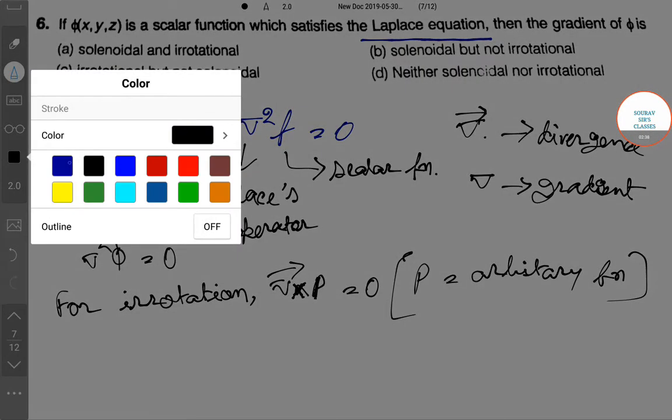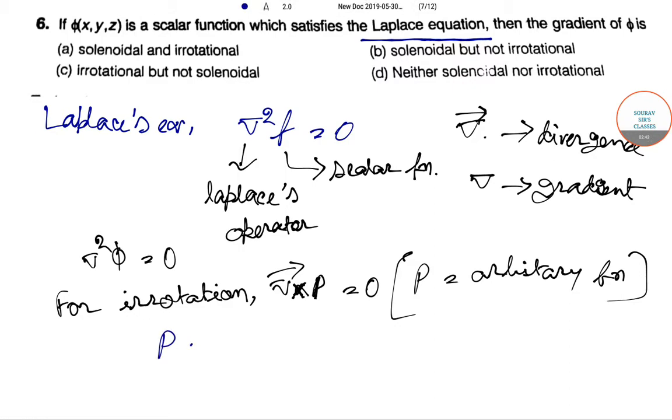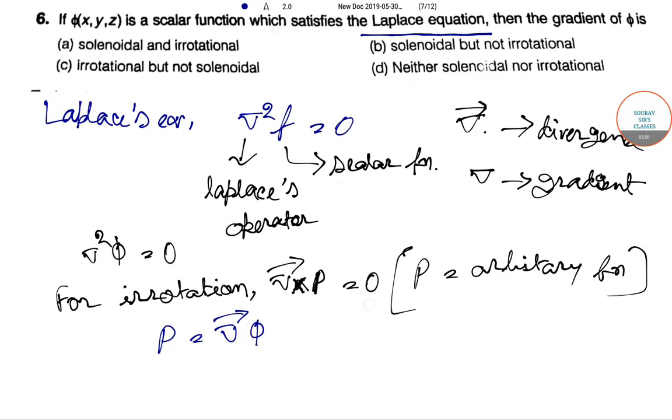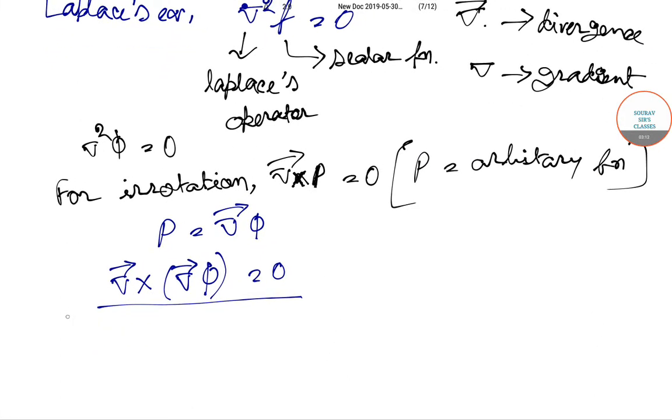Rho is an arbitrary function, so we can also write rho equals gradient of phi. So curl of gradient of phi is equal to 0, as curl of any gradient is equal to 0. Okay, and for solenoidal,